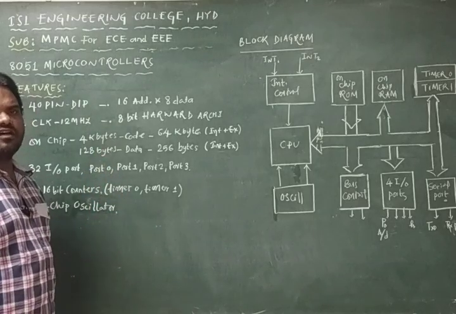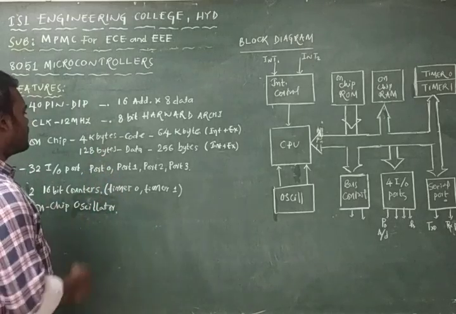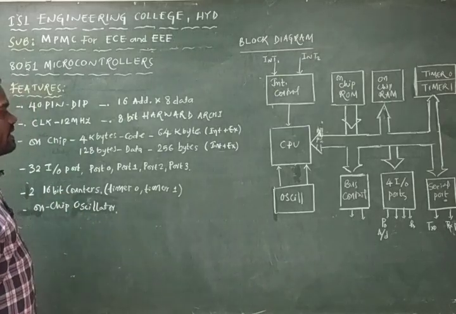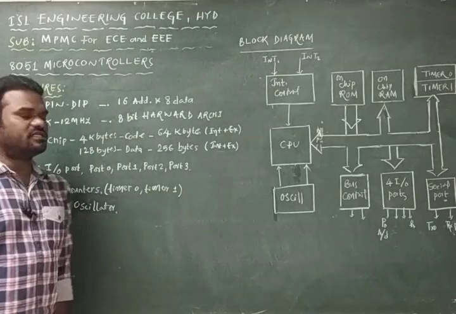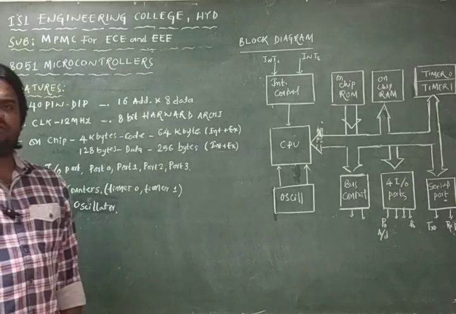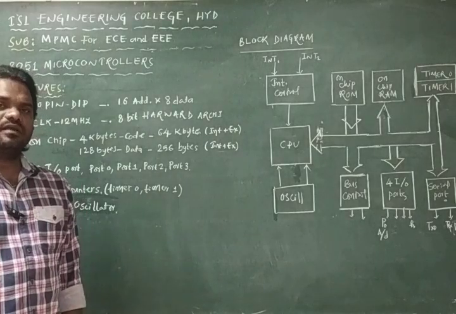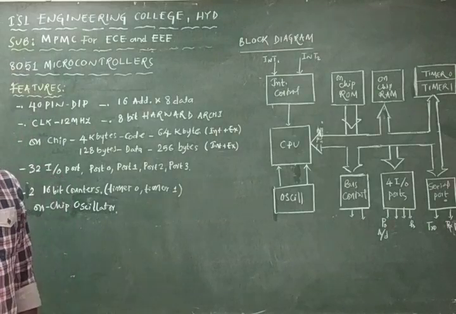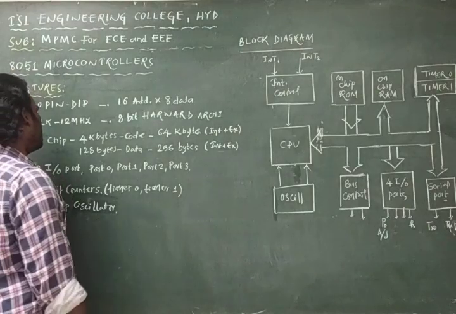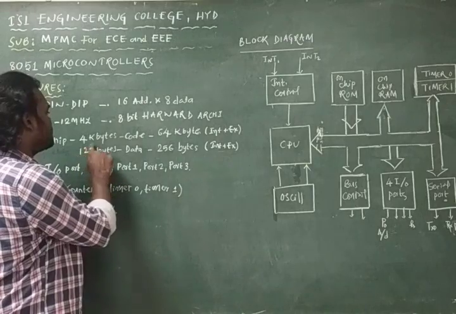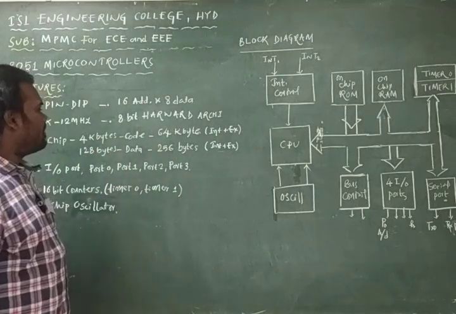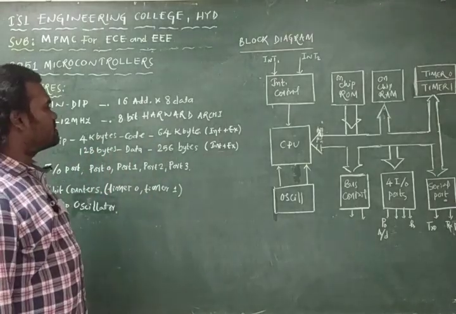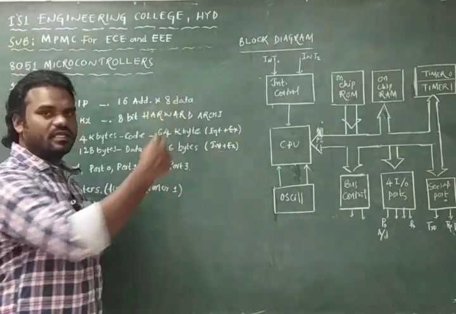We can read the data from that 4 kilobytes of memory, whereas 128 bytes of memory is a data memory, which we can read the data or write the data into. But this is about on-chip memory. These are named as internal memory, but the maximum it can have is 64 kilobytes, including the external memory